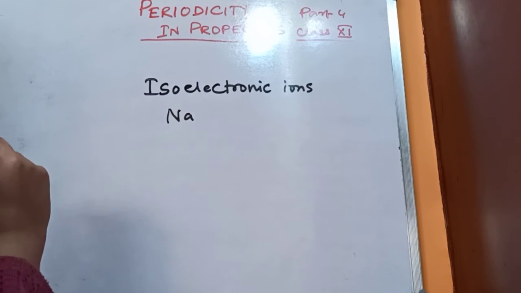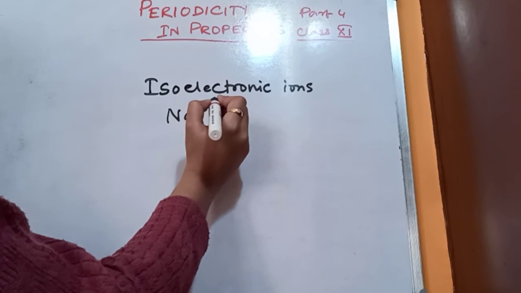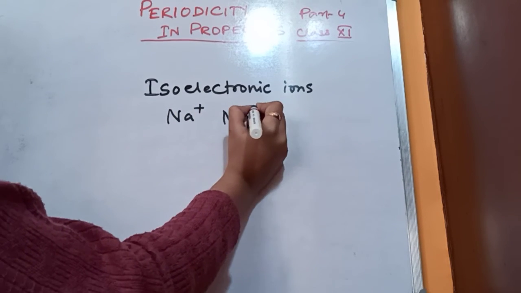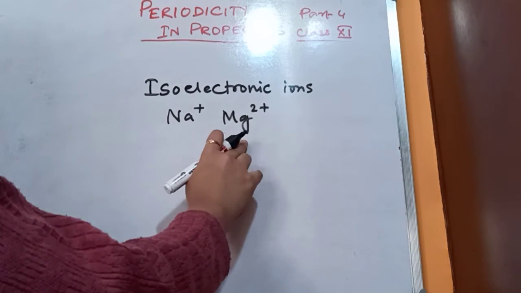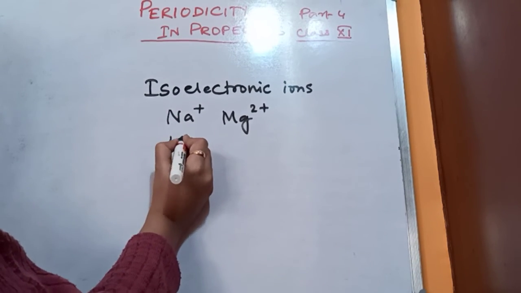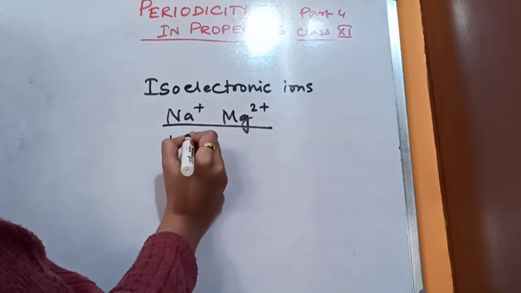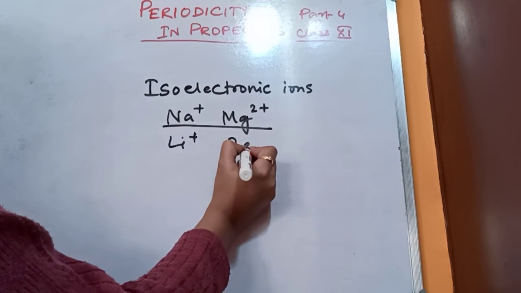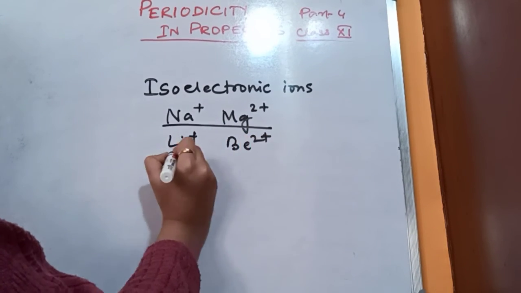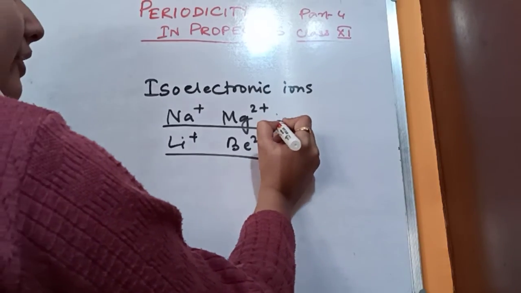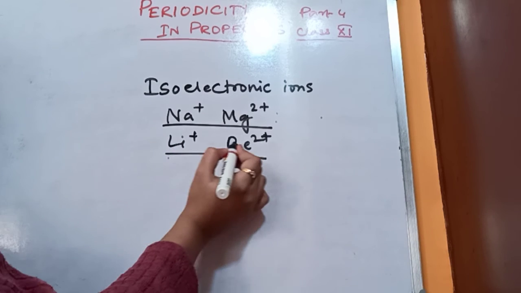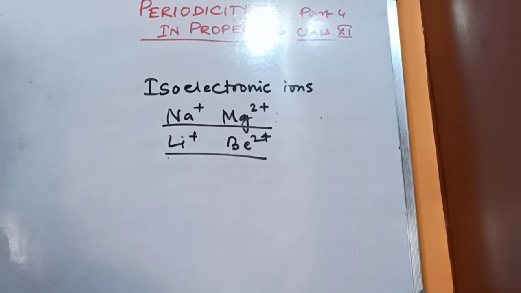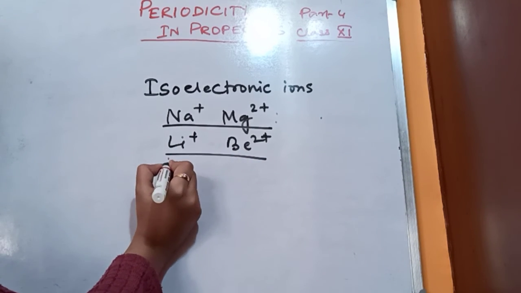Think of Na+ and Mg2+ as a pair, and lithium Li+ and beryllium Be2+ as another pair. These two are a pair of isoelectronic ions, and these two are a pair of isoelectronic ions. Why? See, sodium had